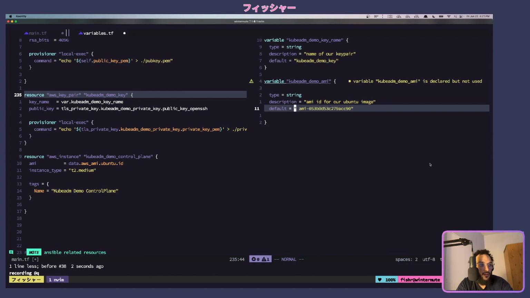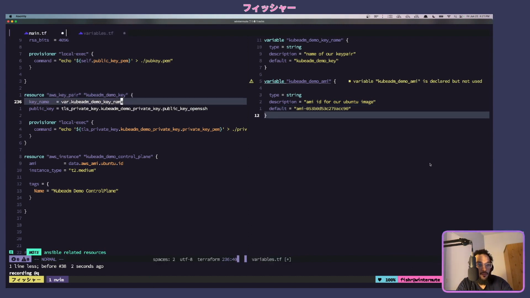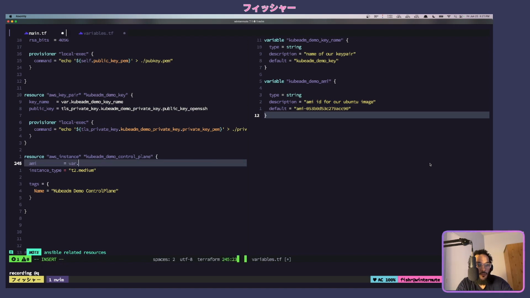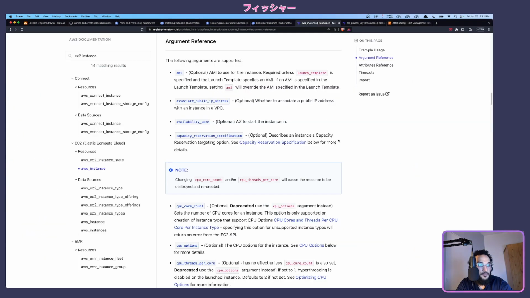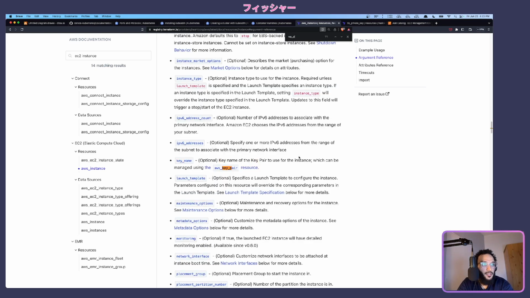We will paste the AMI. And so instead of doing data, we'll get it from var kubeadm demo AMI, like so. Right, so we got the AMI. Because we've created a key pair, we're going to need to associate a key pair too, right? I think it's key name, right? Key name